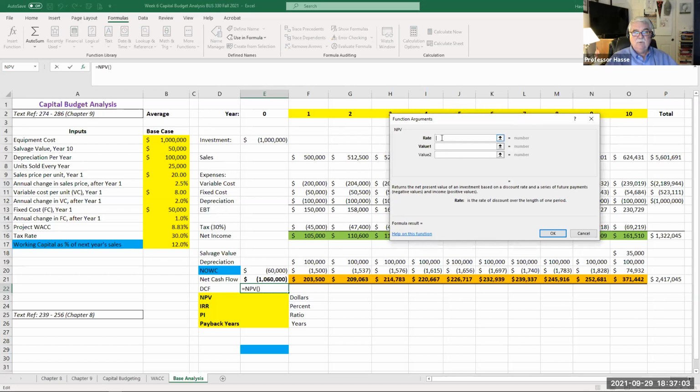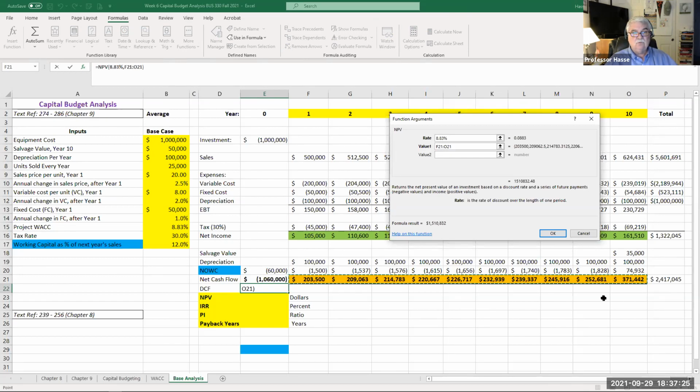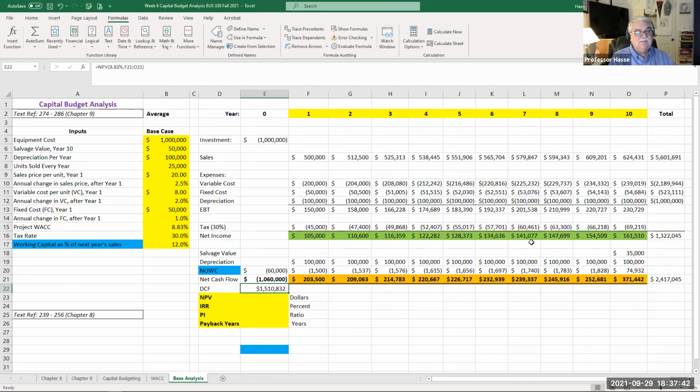What is our interest rate? Well, our interest rate is the WACC we calculated a few minutes ago, 8.83%. That's our WACC. The values are years 1 through 10, F21 to O21. We're now going to take this flow of money, year 1 through year 10, and discount it back at 8.83%, and we get $1,510,000